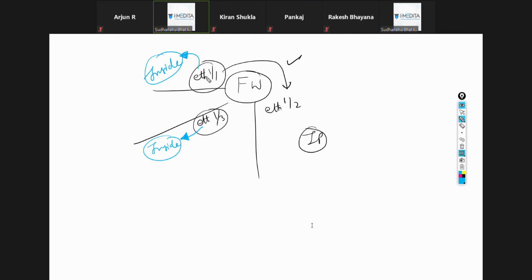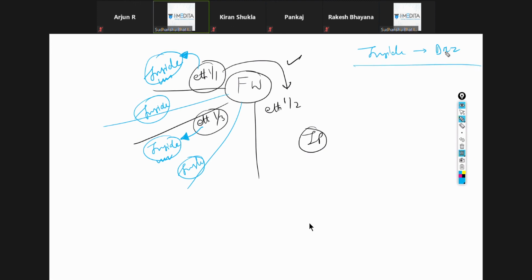The benefit of that is you make rules based on these zone labels or names. You don't make policies based on interface levels. Suppose I have many more interfaces for which I want a similar policy. I can just bring them and make them part of inside zone, and I'll make policies based on inside to DMZ or inside to outside, whatever.